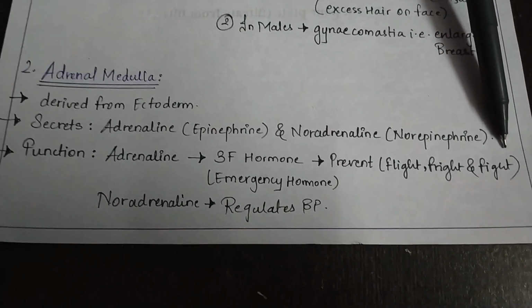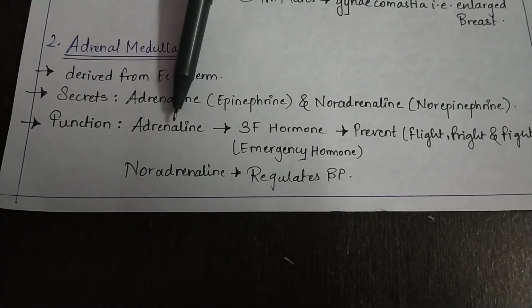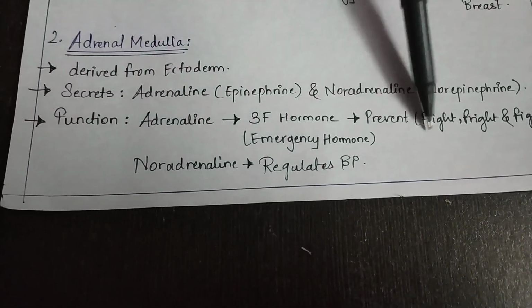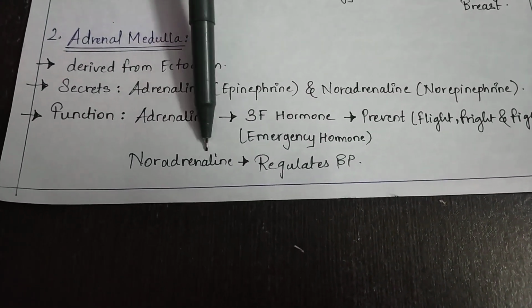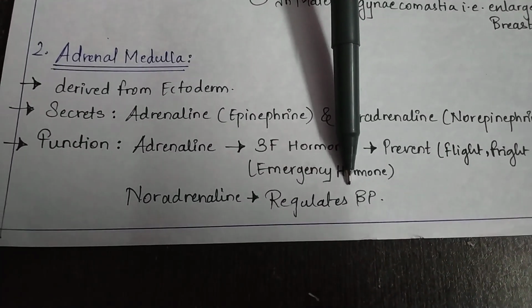In such a condition, when your body is excited, at that period of time this adrenaline hormone is mostly secreted, and in the condition wherein your body has to be relaxed, that is after your fight, flight or fright condition is done, noradrenaline basically regulates your blood pressure. It basically calms your body down.